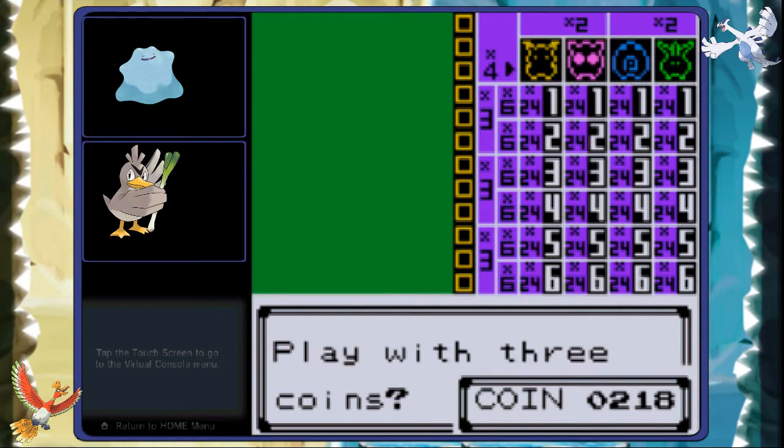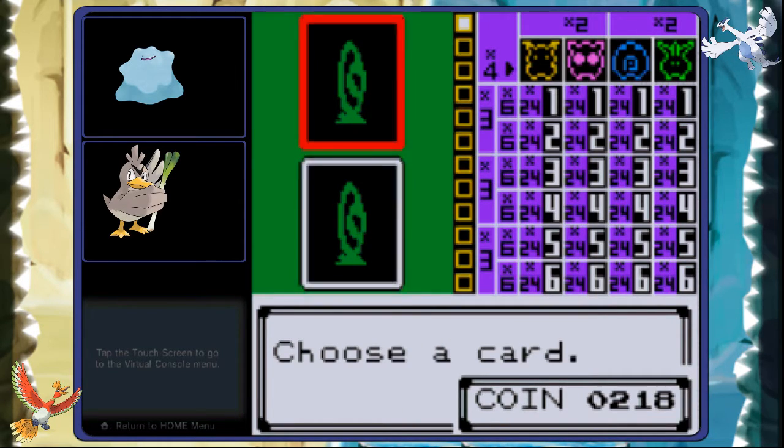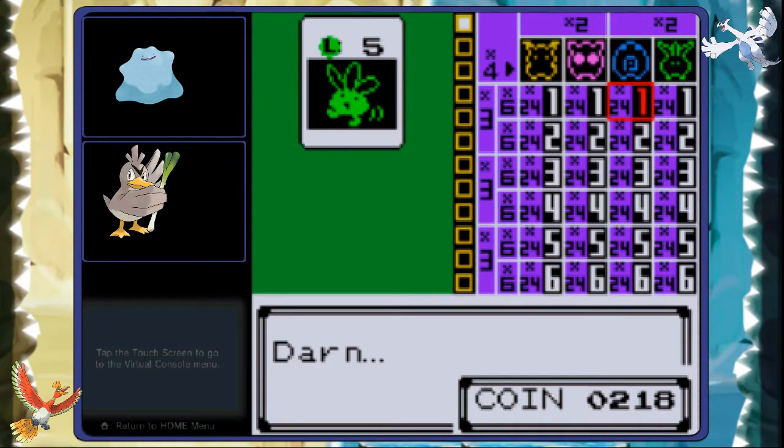So the first thing it does is it takes your coins and this flashes and you randomly push one real fast. And then you get to select one of these. I think ultimately you want to match them. I've got to say, I don't really get it, so I'm just going to pick anything. So I've selected that, let's place your bet, and then it turns it over and it's like, no, that would be